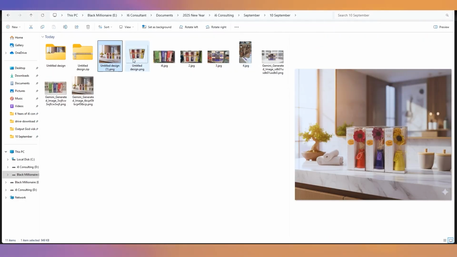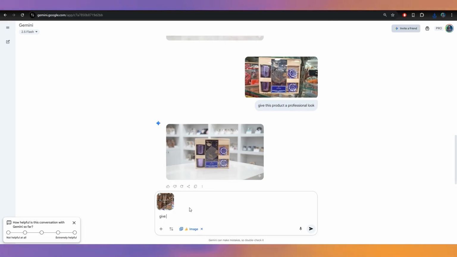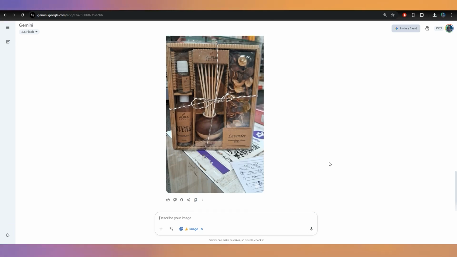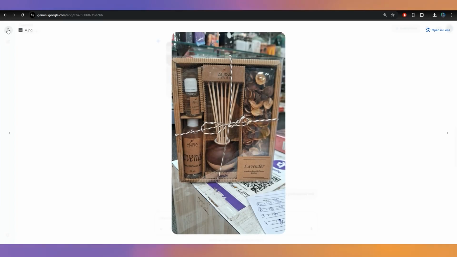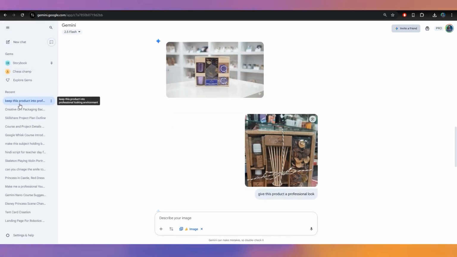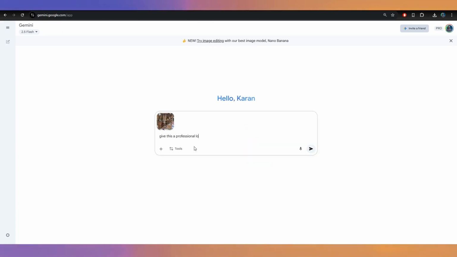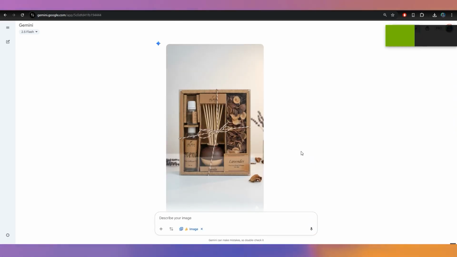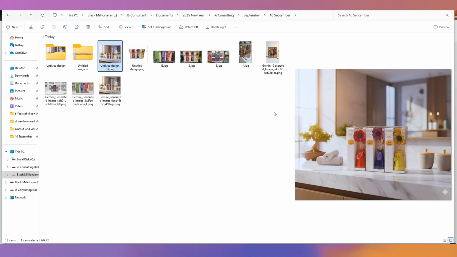Let's see what Nano Banana gave us as a result in this. By using the same step, that is, dragging the image and giving a simple prompt for the lavender, let's see what Google Gemini will create. So it shared the original image with me. As we have discussed before, we have to use a new chat every time because there might be some glitch with the Google Gemini right now. So we are going to use a new chat and check for our result by using the same step, the same prompt. Let's see what we got. This is the result, and the result is really amazing. The product images of all the products have been created.